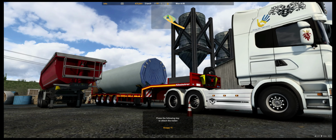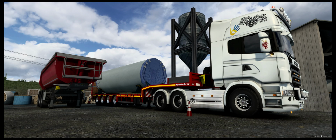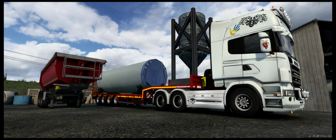And welcome back to the last pickup here in Iceland. In Höfn, in Hornafjörður, or what it's called, this place. We are loading up this element of construction on this low bed trailer from Casporer. And let's see if we can connect the trailer like that, perhaps. Good. This is vlog number 84, and it will be a little longer than normal, because